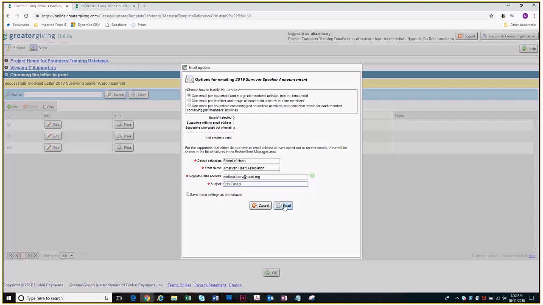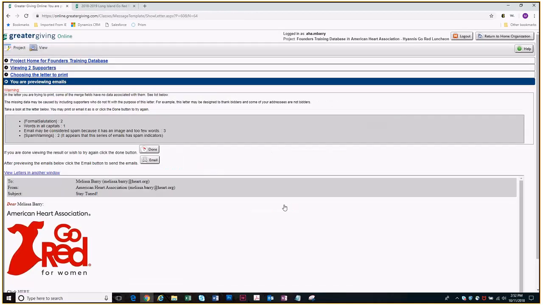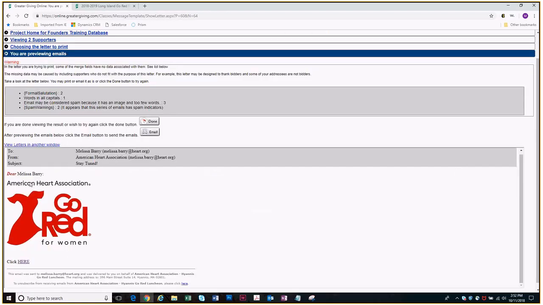We're going to click email. I'm not sending the email yet. This is what I mean by it's very hard to accidentally send an email. You have to click a few things. You have one more chance to preview. So now I can see what my merge looks like